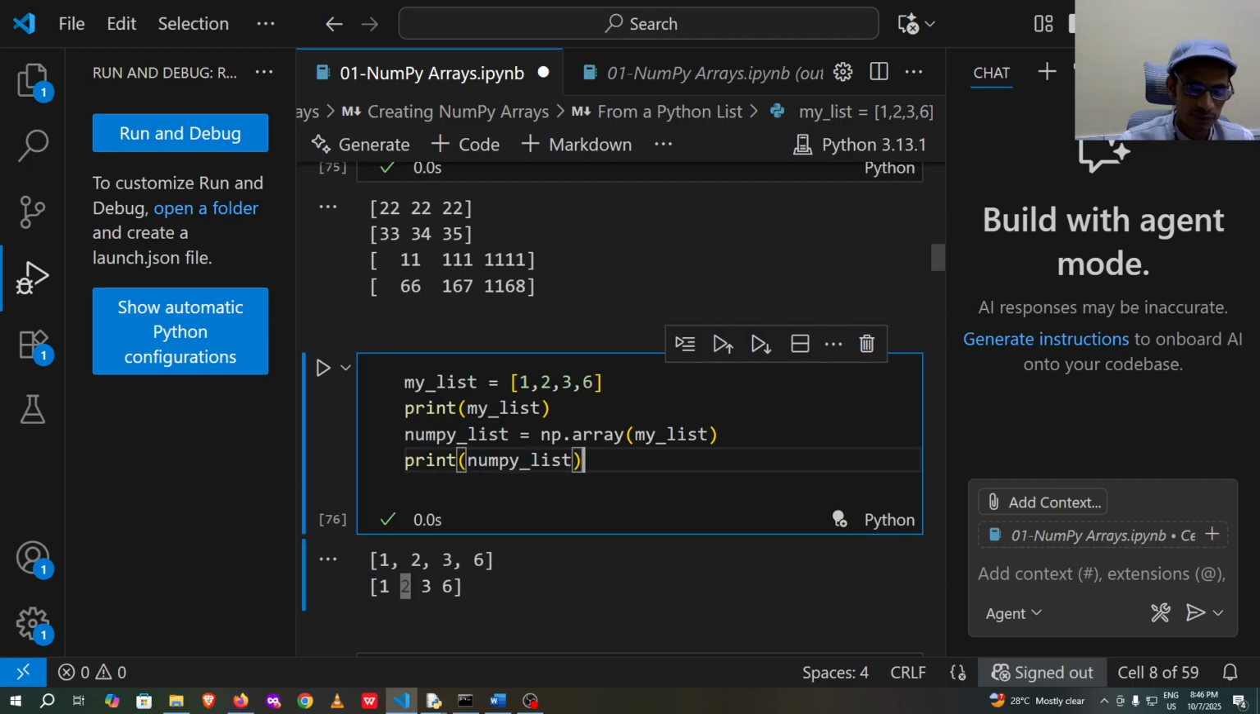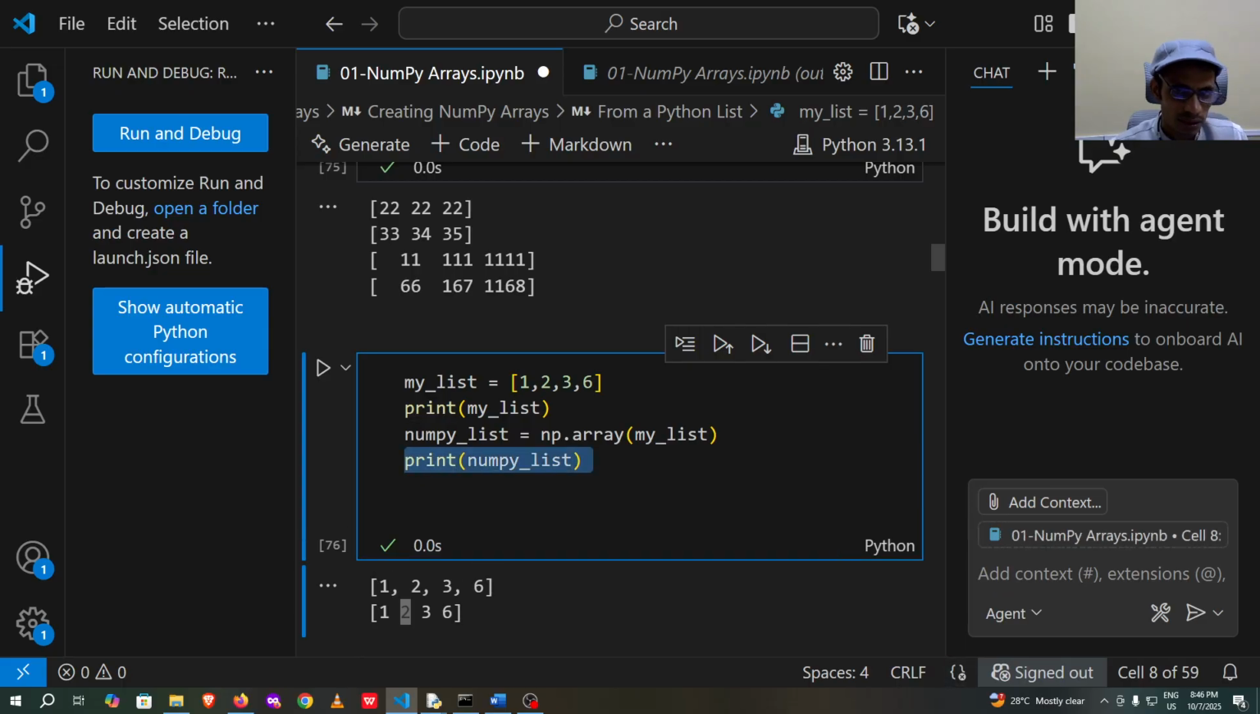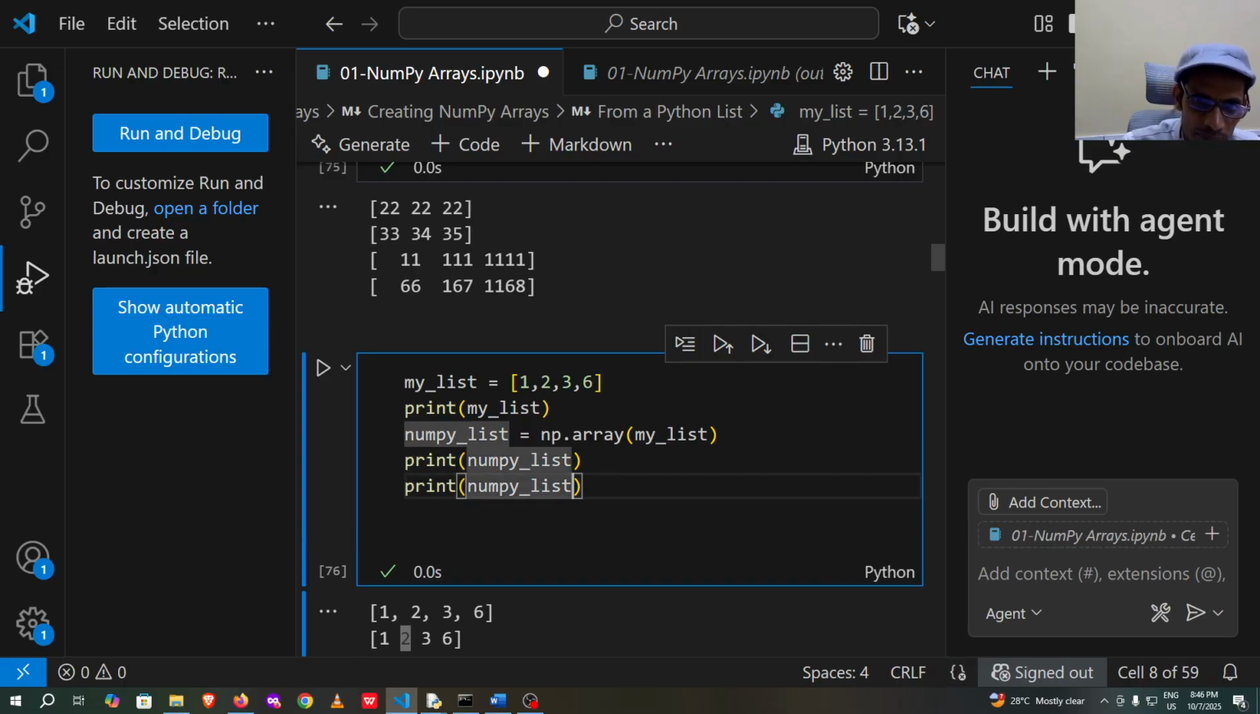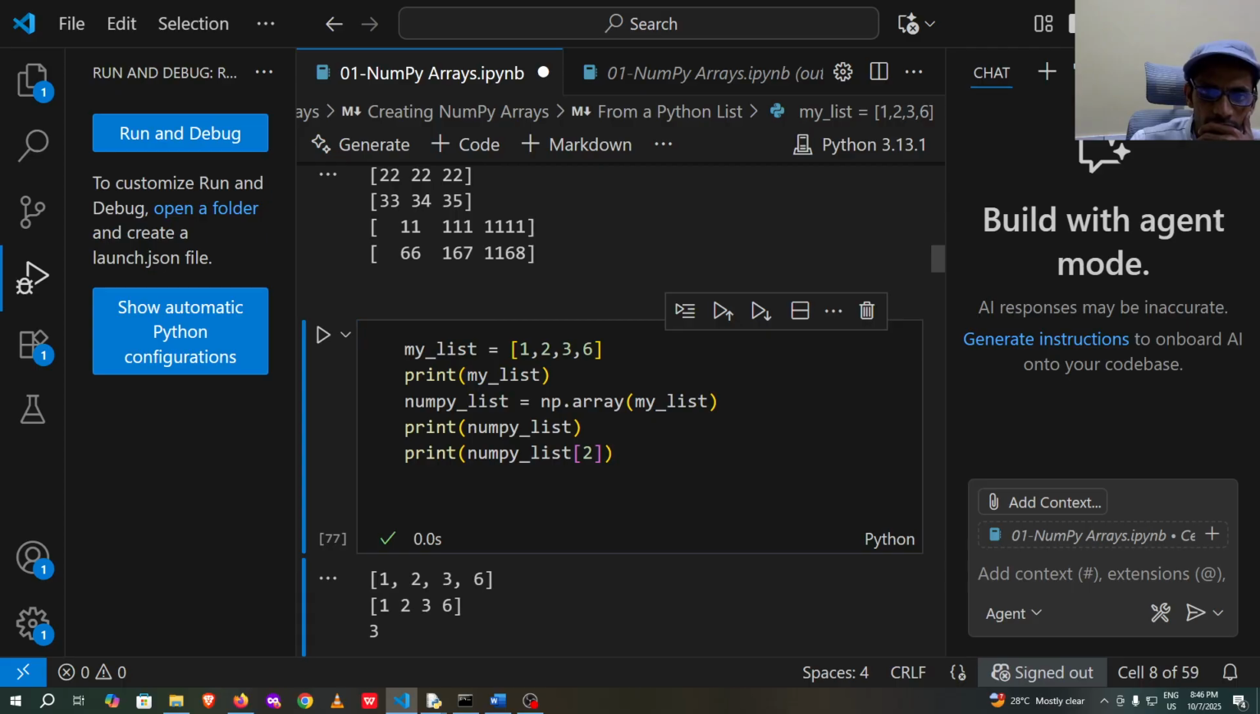If I type here Control C, Control V, numpy list 2, I run this code and see the output. Numpy list 2 gives 3, since this is numpy list 0, numpy list 1, numpy list 2. If I type here minus 1 and run the code, minus 1 means the last element: minus 1, minus 2, minus 3, minus 4. You can check it, minus 4